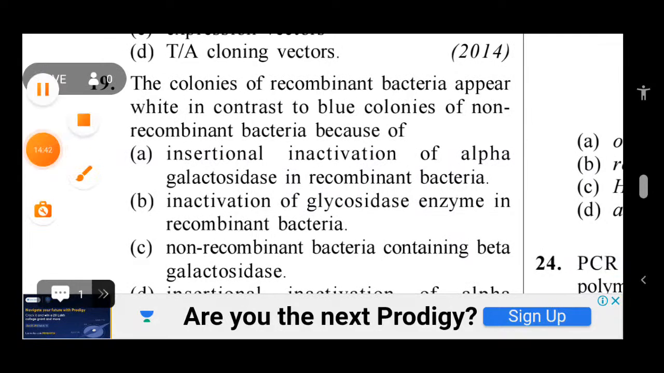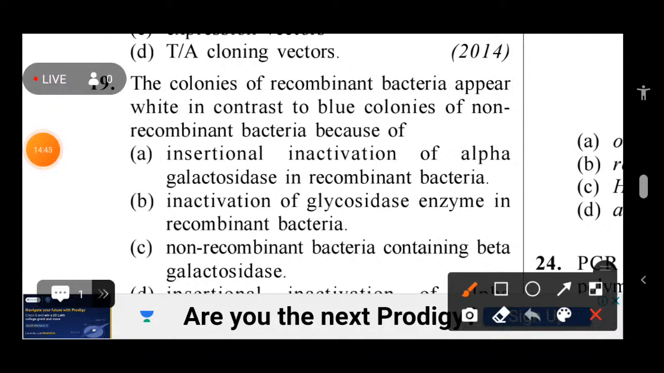19th question, the colonies of recombinant bacteria appear white in contrast to blue colonies of non-recombinant bacteria. So for 19th question, the answer is option C, because